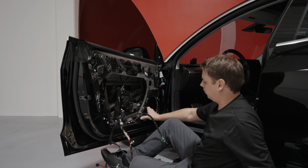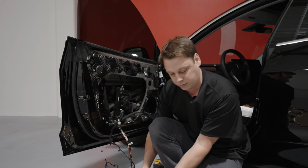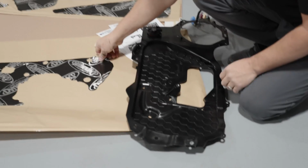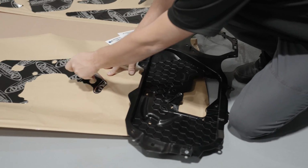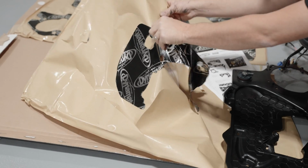So once that piece is on, we've got the last piece of the front door, which is the one that goes on the plastic panel that we took off earlier on. I would say this is probably the most important one because the plastic is where you hear the resonance, the rattle, the...